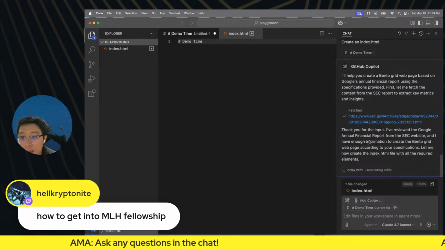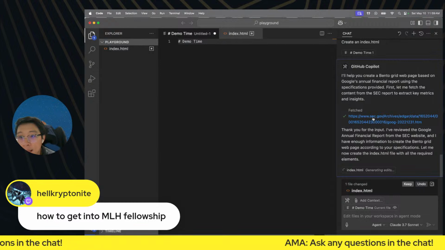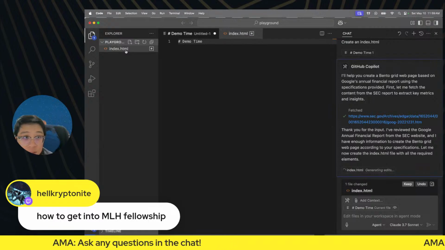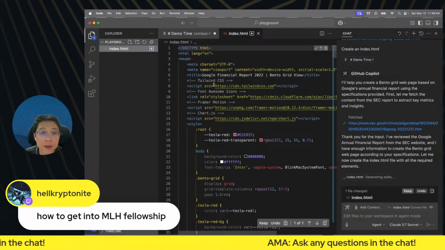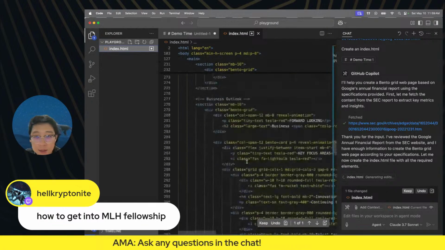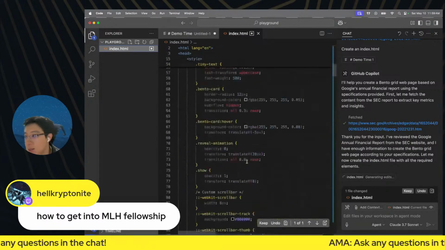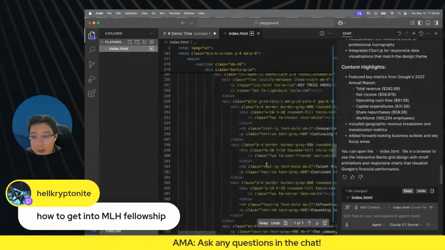So it looks like it is finished reading the SEC document, which is so long, right? It is now generating the index.html file as we speak. You can see it has already come up with a title, including all the necessary scripts, the contents. So let's just wait a little bit longer. I think I've got 30 seconds left. So let me just hurry up. Okay, looks like the file has been generated.